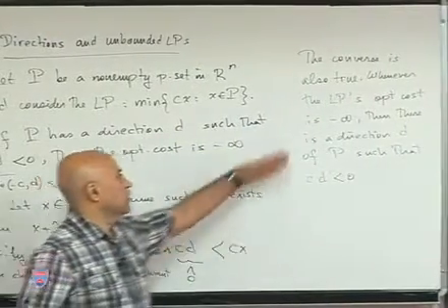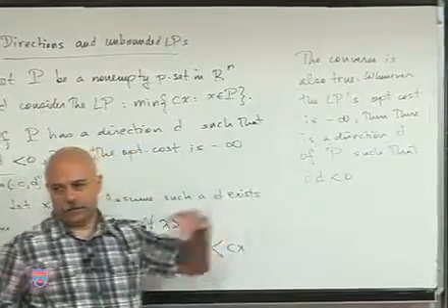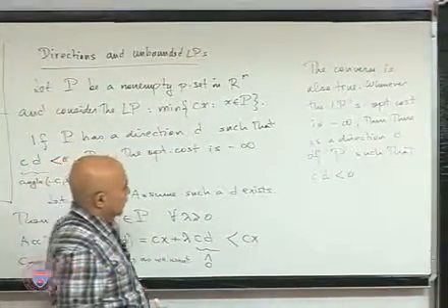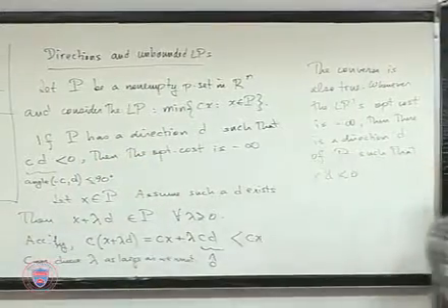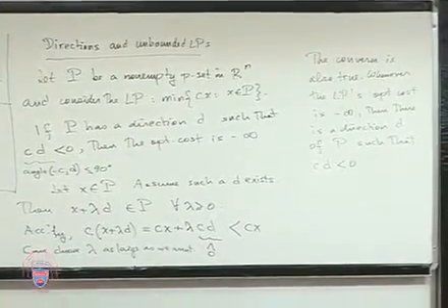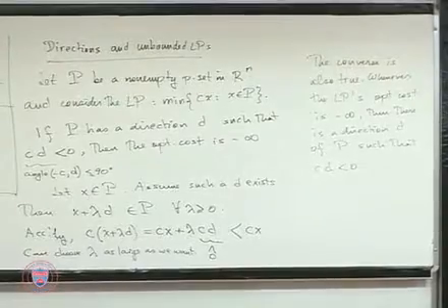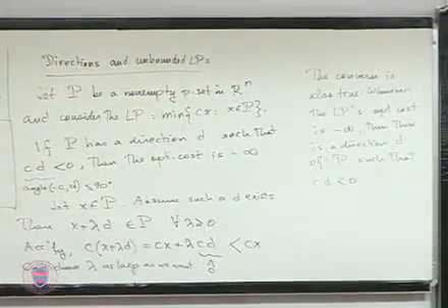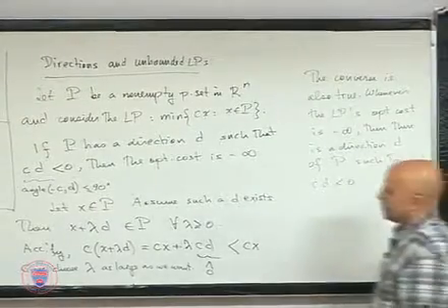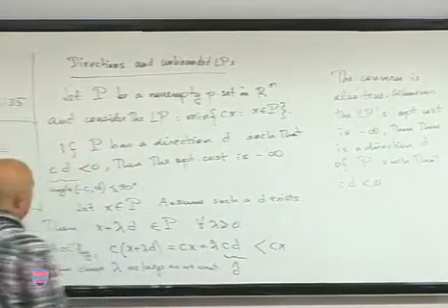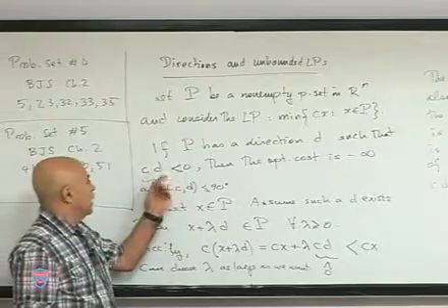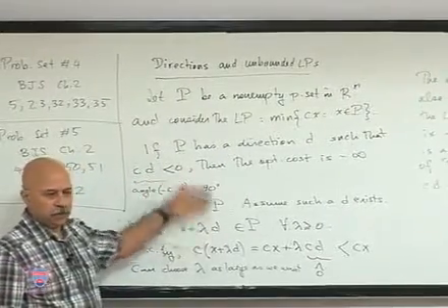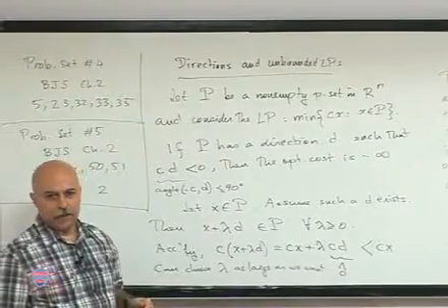I'm not going to argue for the second part. You can just do it on your own. It's straightforward. Okay, let's just continue with a little bit more. Now, this is a useful observation. The only thing with this, well, it's not a problem, but either you must know such a direction in the first place to be able to conclude that the LP is unbounded,